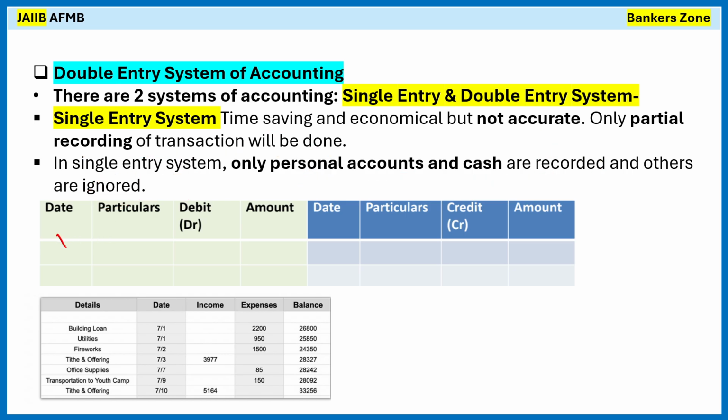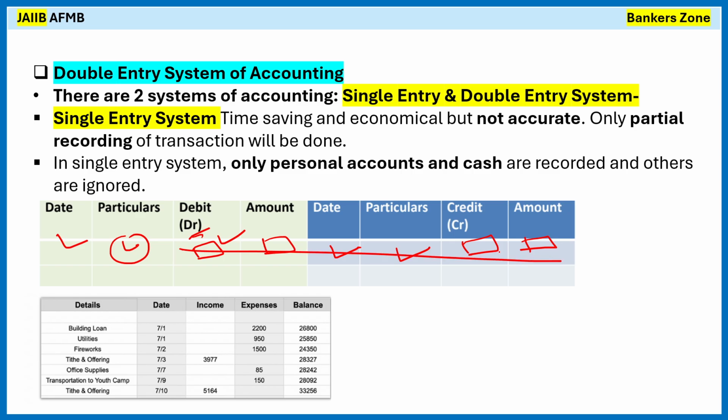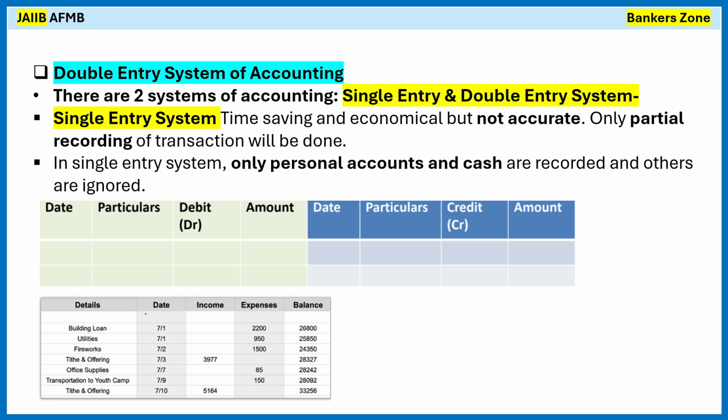See, there will be the date, the particulars of what we are doing the transaction for, the debit account, and the amount. Okay. For the next, what is the date, what is the particular, which account we are crediting, and how much amount. That means, in a simple way, there will be a single entry system, very simple. However, through another example: a building loan on that date, expenses incurred, remaining balance is this. Next, utility you have purchased, remaining balance is this. So in that way, it is a very simple system, the single entry system.